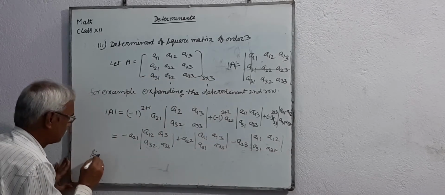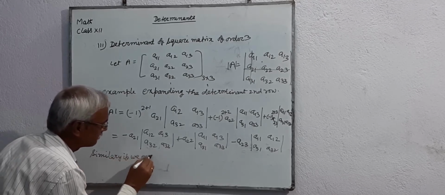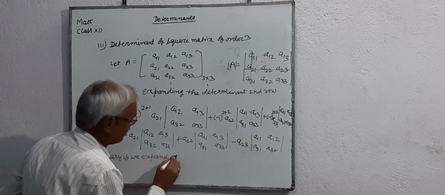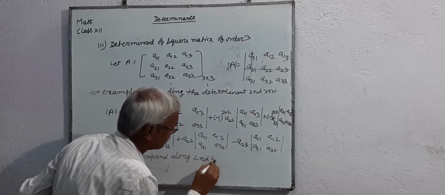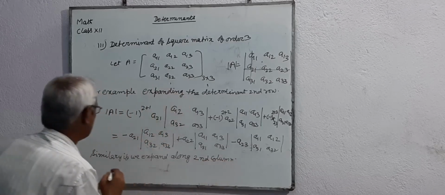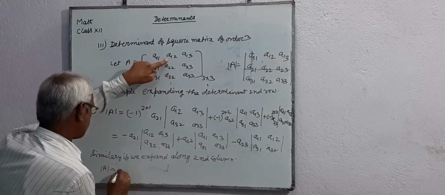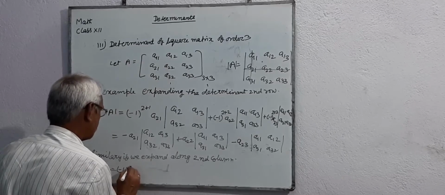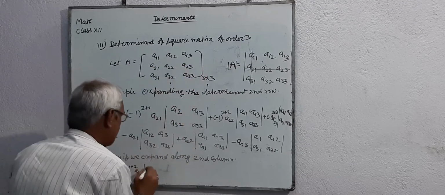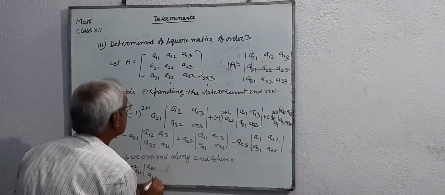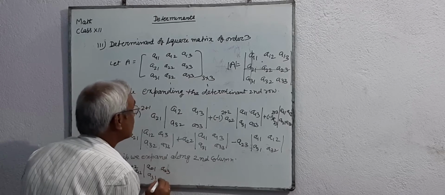Similarly, if we expand along the second column, determinant of A equals, for the second column, minus 1 to the power 1 plus 2, A12, with minor A21, A31, A23, A33,